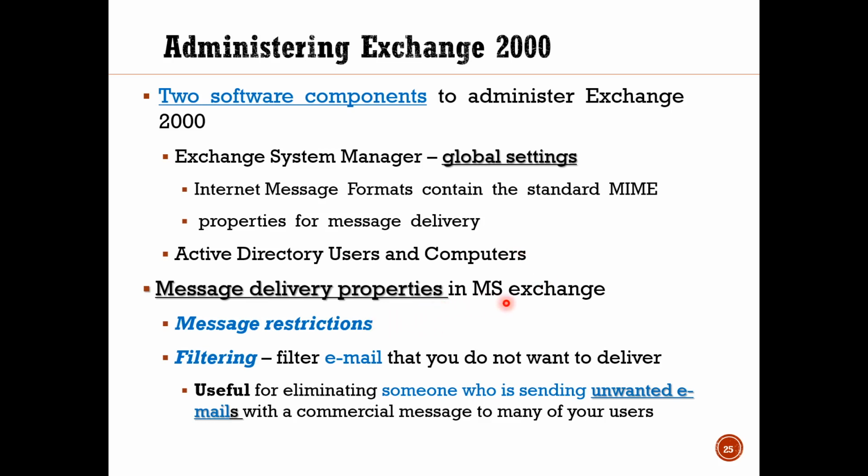Delivery proprietaries in Microsoft Exchange: there are actually message delivery proprietaries to say that whenever we deliver a message, we can make some restrictions or filtering on purpose, as a response to a security implementation, when we want to implement security in the email server. So message restriction here is to restrict different parameters of the message. Filtering here is to filter different